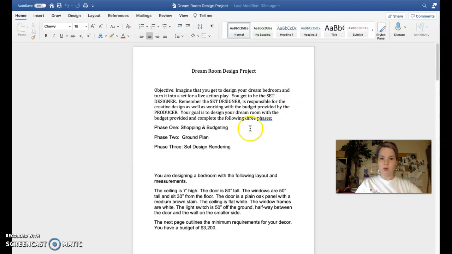So phase one, we're going to be doing shopping and budgeting. I am giving you a set amount of money. It's not real money, but imagine that I give you that set amount and you get to design with that set amount of money. And you have to budget it out to create your dream floor plan and set design. Phase two is the ground plan. So that's looking, remember, from a bird's eye view, looking on top of the stage and creating it that way. And then phase three is the set design rendering. So that's imagining that your